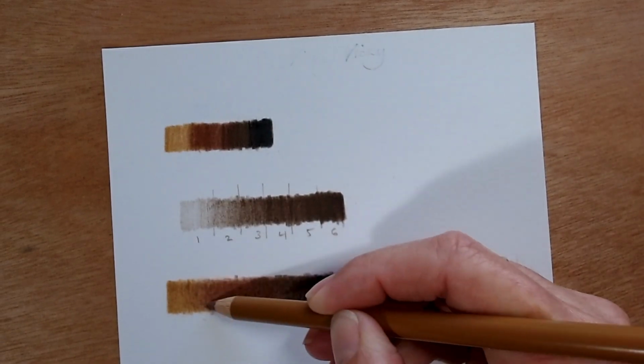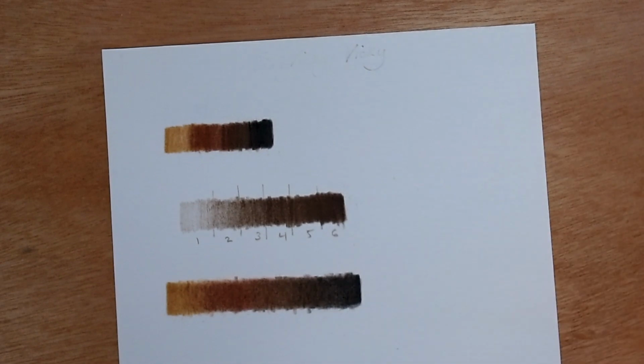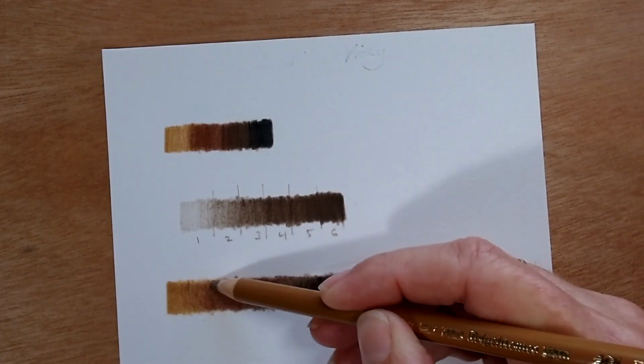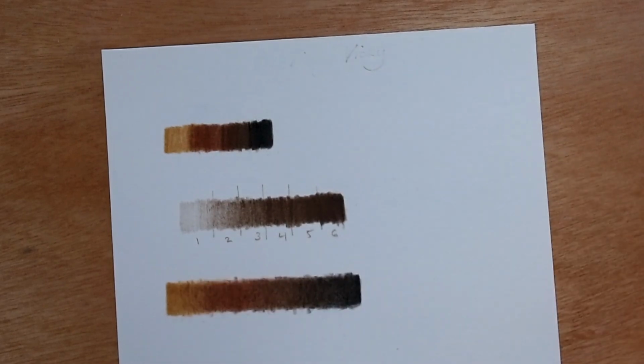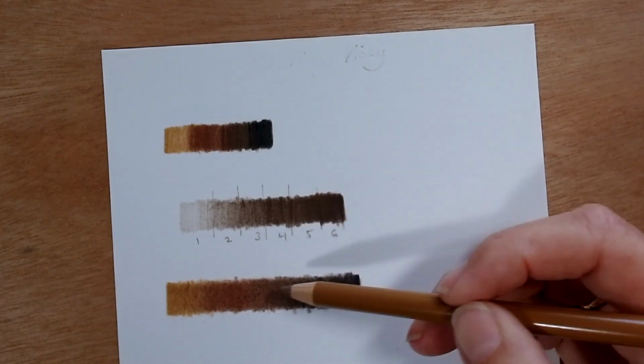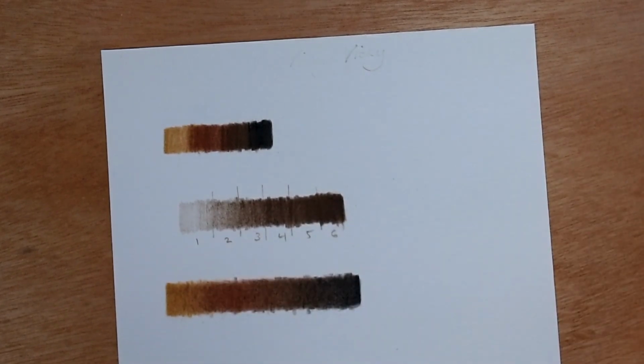So this paper is probably not something I'd do a drawing on. It's a little bit smooth for me. It hasn't got quite the tooth I would normally use, but it's good enough just to give you an idea of this. There, and I will just, as a final demo,